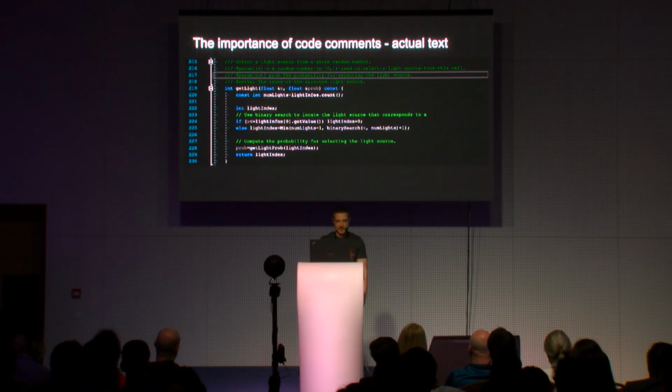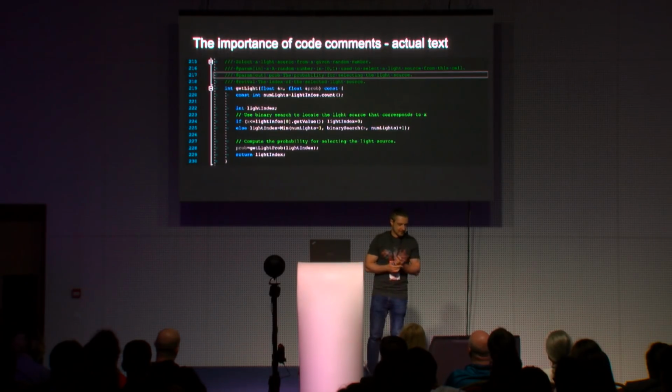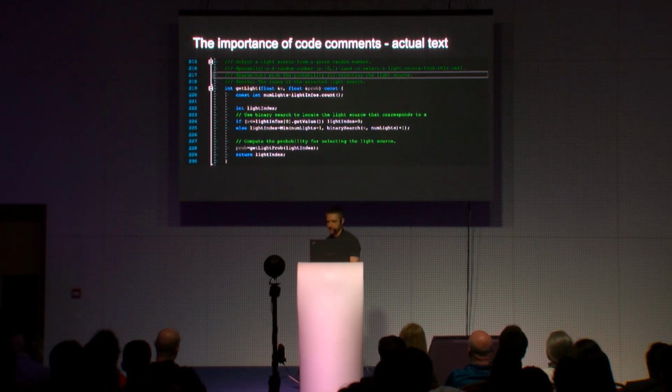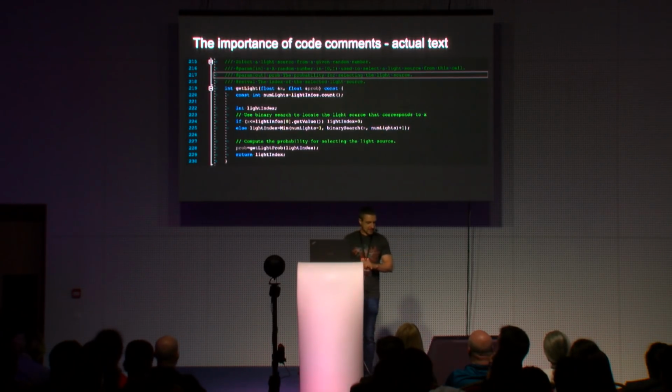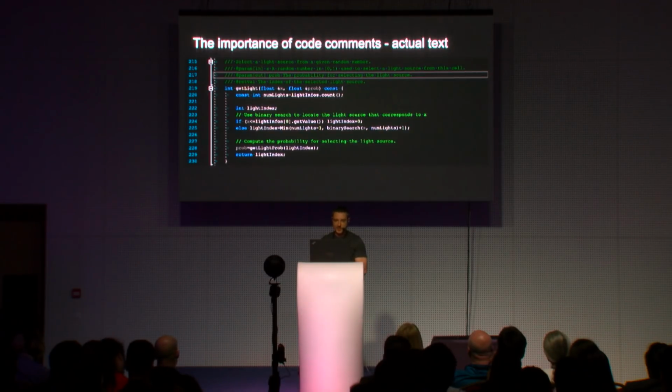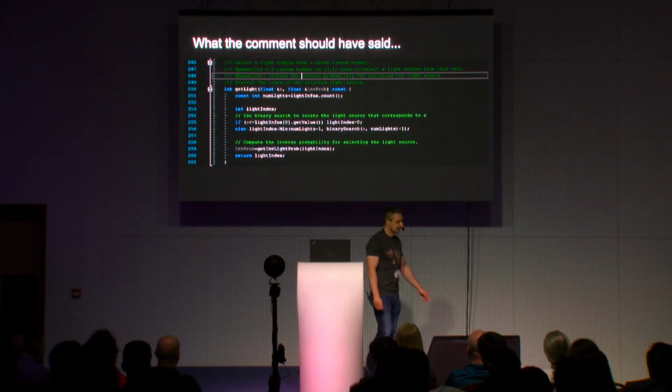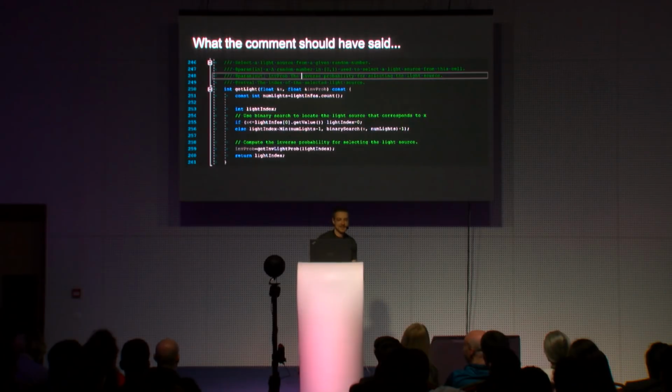So I looked at what was happening there, and I noticed that Asen was using a structure that we wrote for the adaptive lights algorithm. It's called a light grid. And anyway, it has a method that does something and returns the probability for selecting a light source or a part of the dome light, and this is what the code read, and this is what the comment said. But what it should have said was this. It did actually calculate not the probability, but the inverse probability. And Asen didn't know this,